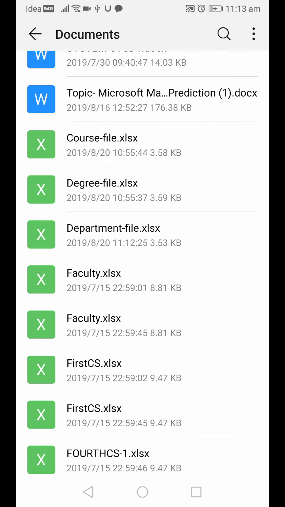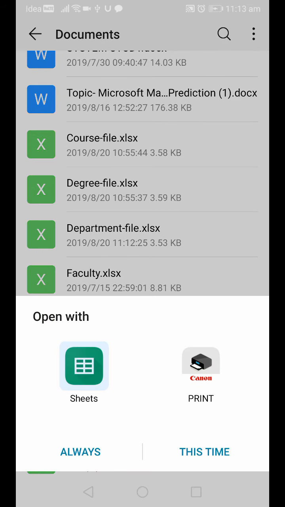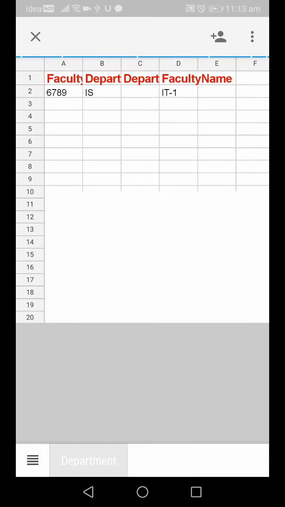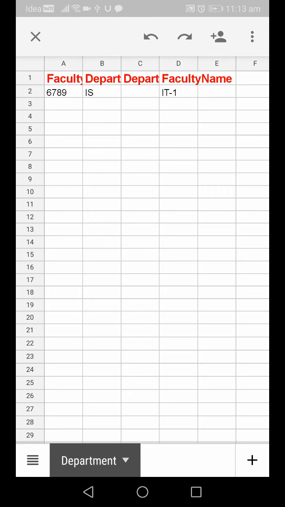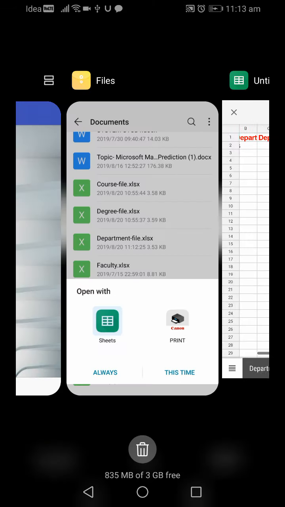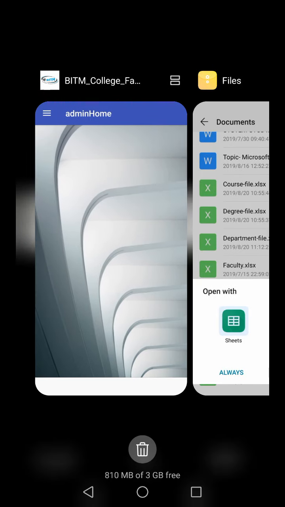Just look at my date and everything. Look at my department, all the faculty details are written in Excel format.